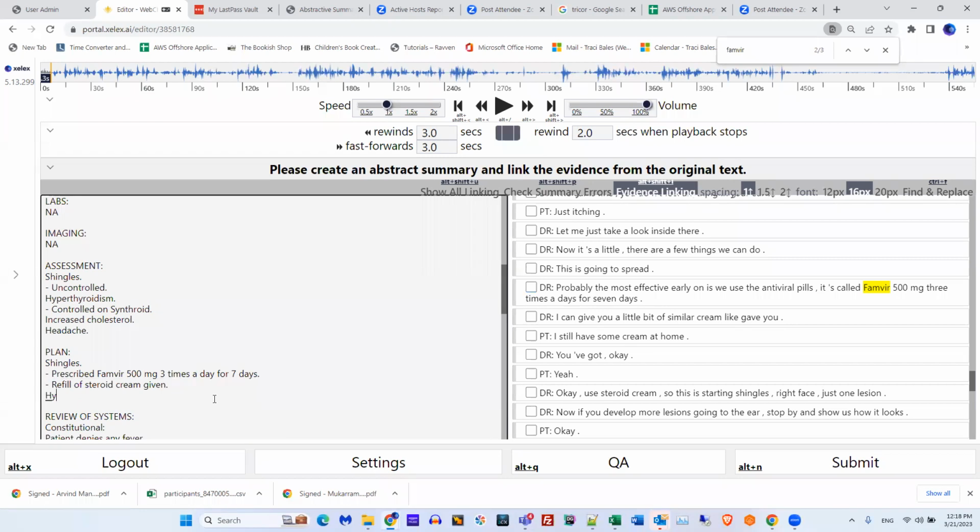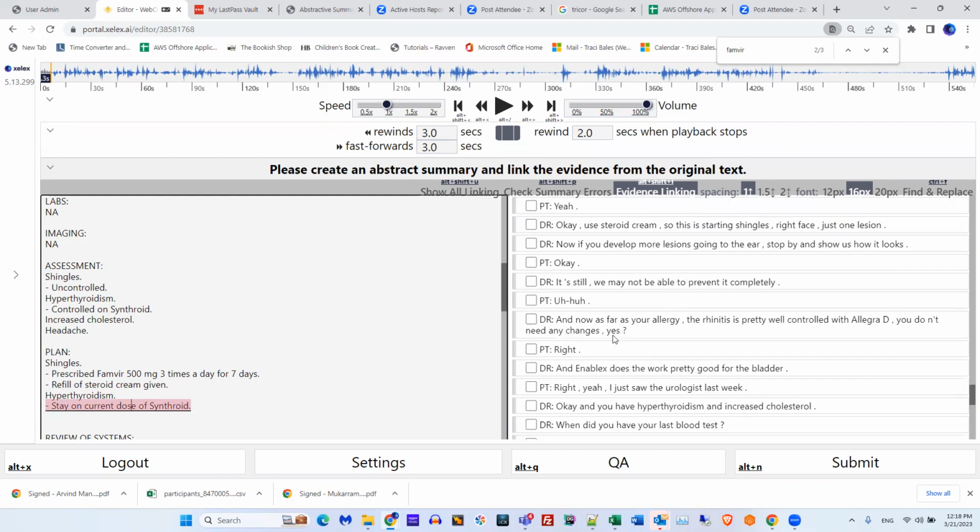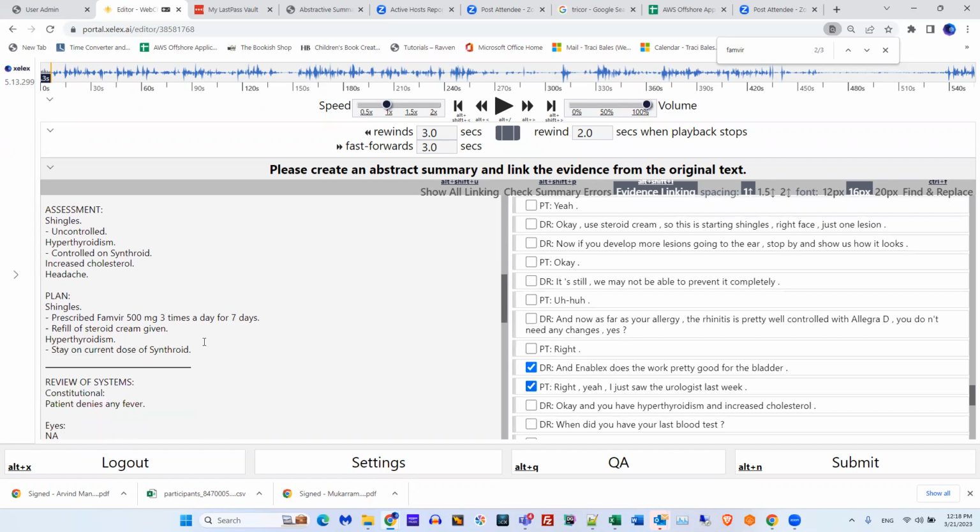So you put hyperthyroidism, you link the evidence, and then the plan is to stay on current dose of Synthroid. Okay, and you link the evidence. Of course, these aren't accurate. It's for demonstration purposes.